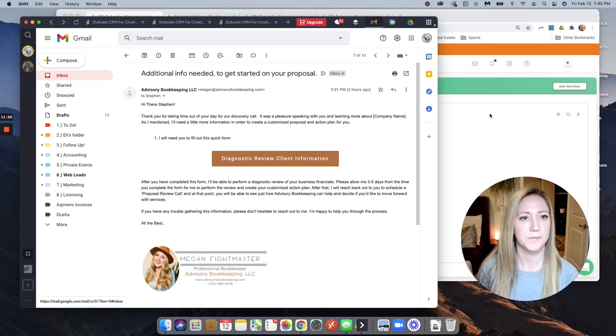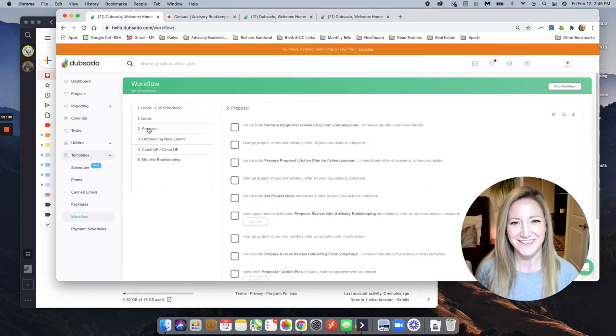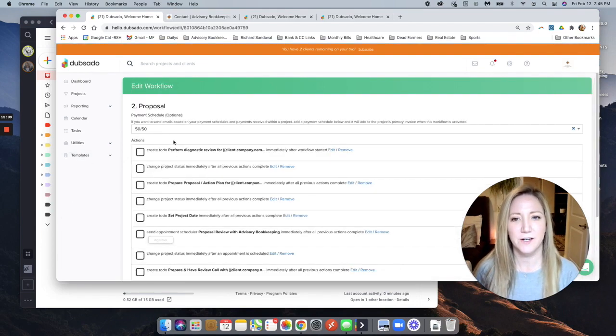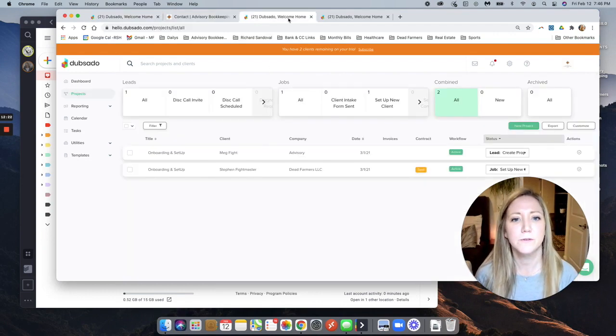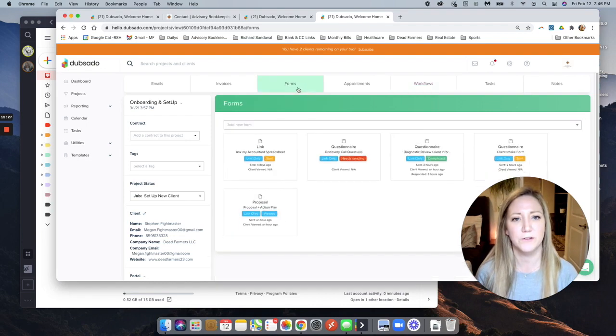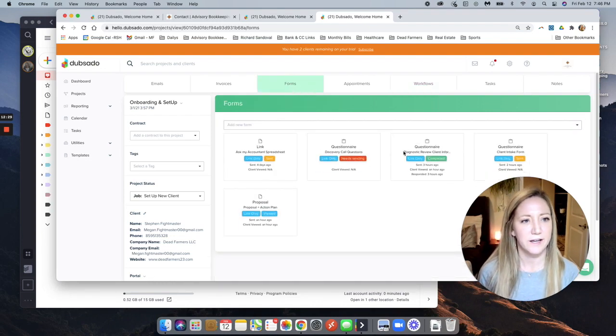Okay, sorry, a lot of screens going on here. So once it goes into the proposal, I'm going to get some new things on my to-do list here. It's going to come up under my task that I'm going to need to actually go through and do the diagnostic review for them. And then I'm going to need to prepare the action plan and proposal. So this is one thing I'd like to show you. So we will go into our forms onto this project,